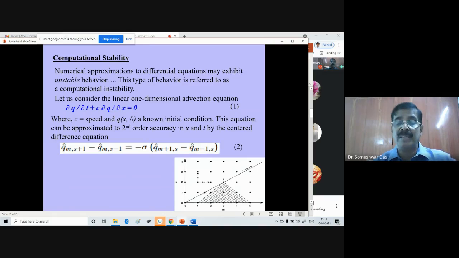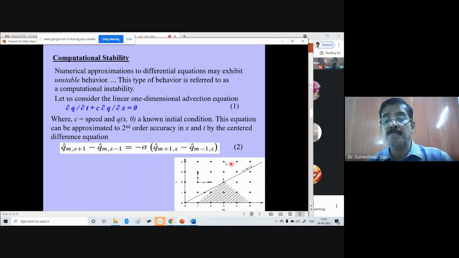Of the variable. For example, in this diagram, these dots, can you see the dots here? Are these dots visible to you? Yes, sir. These dots are basically indicating the grid points in the horizontal. When we are trying to discretize the differential equation numerically, then we need to discretize like this, have different grid points over that zone or the space.